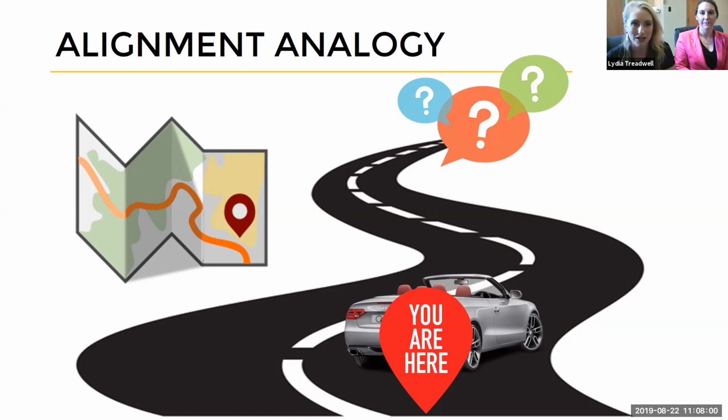If it's an introductory sociology course, the types of skills and knowledge that students come into your classroom having beforehand may be far more limited in comparison to major courses, 4,000 level courses. So that is something that you also want to consider when you're developing your final destination. And then you have to figure out how to get there. And that's where the alignment portion comes into play. That's where you figure out how you're going to use your assessments, your activities, and your course materials to achieve that final destination.